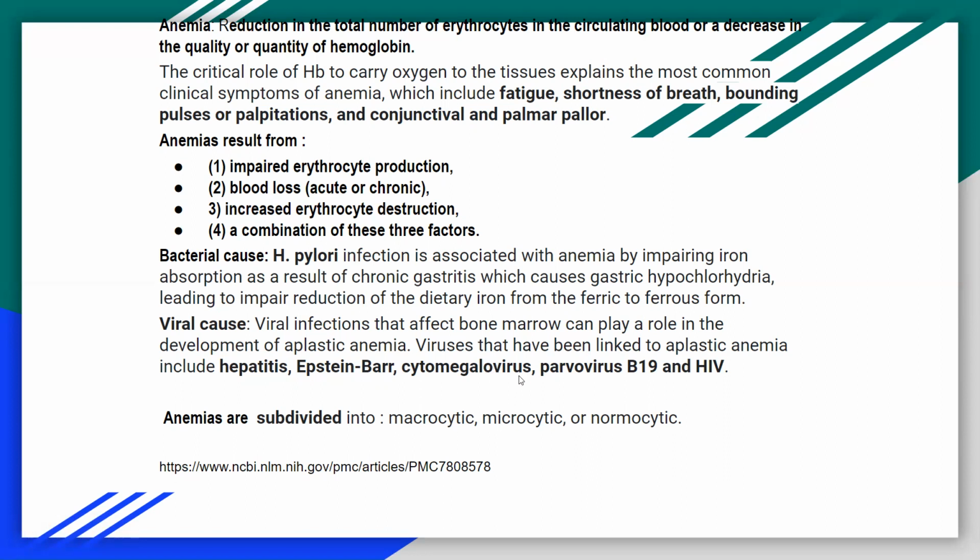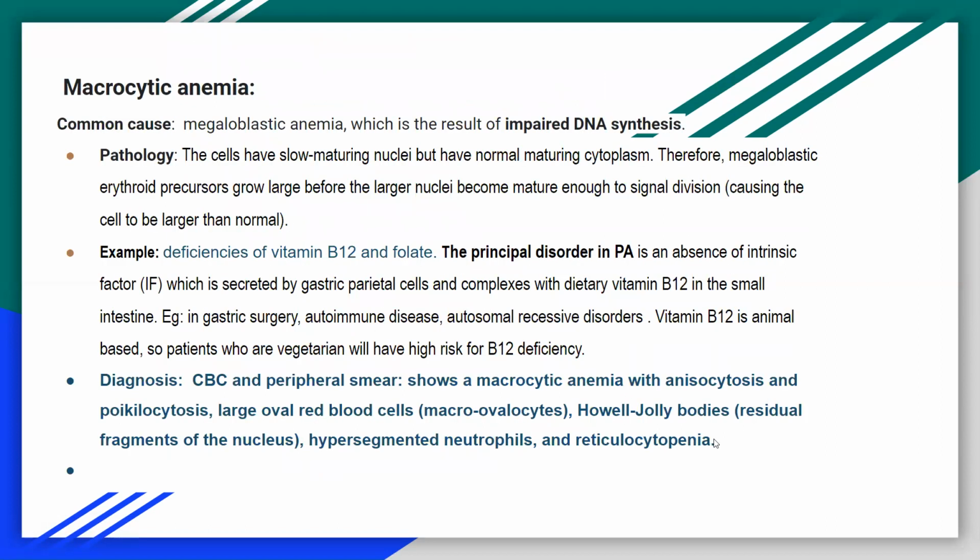So read these slides to understand the different types of anemia: macrocytic, microcytic, and normocytic. Macrocytic: the common cause, pathology, examples, diagnosis. How do we diagnose in the clinical setting is also described here. One of the key points in this slide is the principal disorder of pernicious anemia, which is a macrocytic anemia,